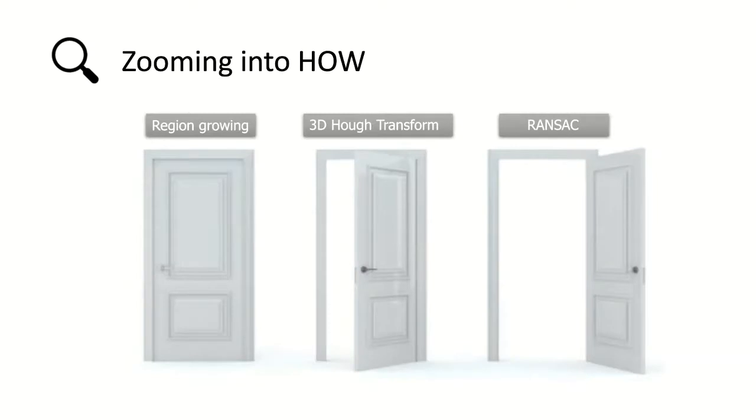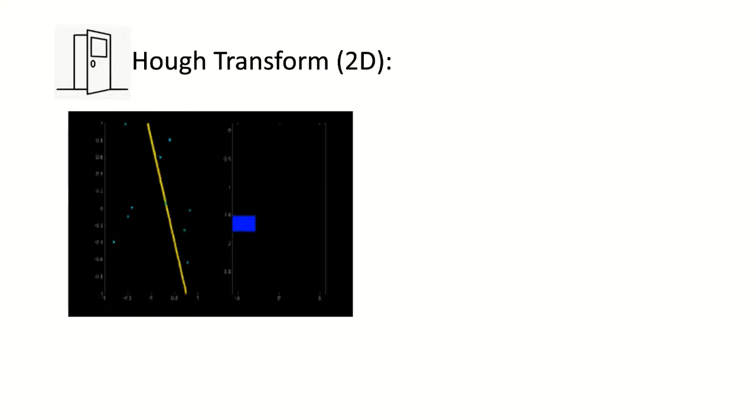The three most prevalent methods for automatic detection of planes are region growing, 3D Hough Transform, and RANSAC. However, the region growing algorithm is sometimes not very transparent and not homogeneously applied. We shall prove the visual hint indicated in the slide, depicting the convenience in using the algorithm in terms of processing time, memory, and so on, by further understanding each one of them in detail. So first we'll begin with the 2D Hough Transform to build upon.